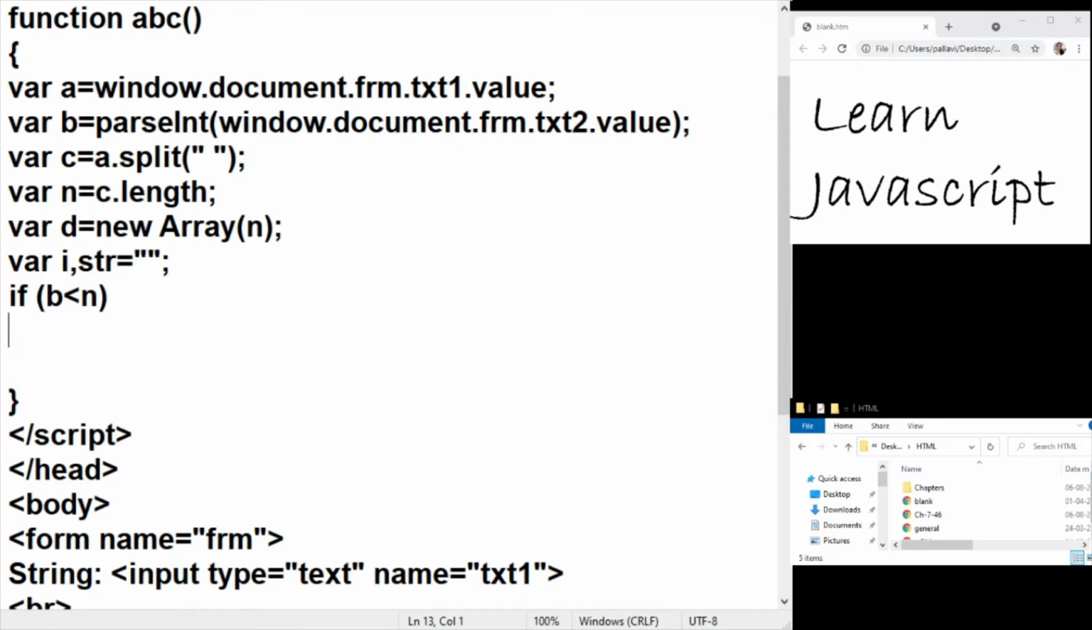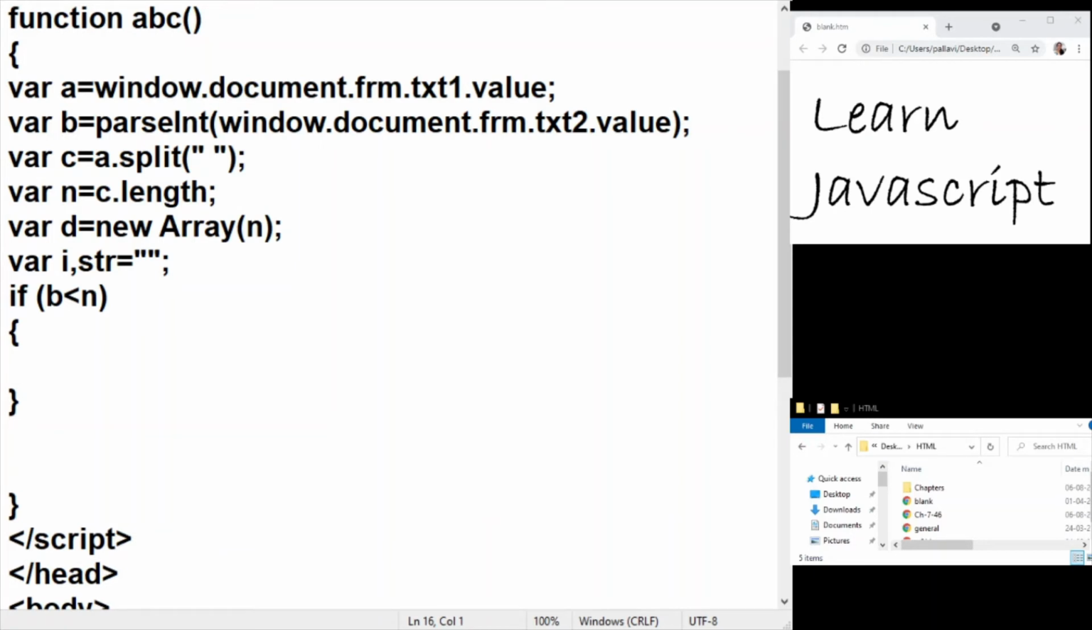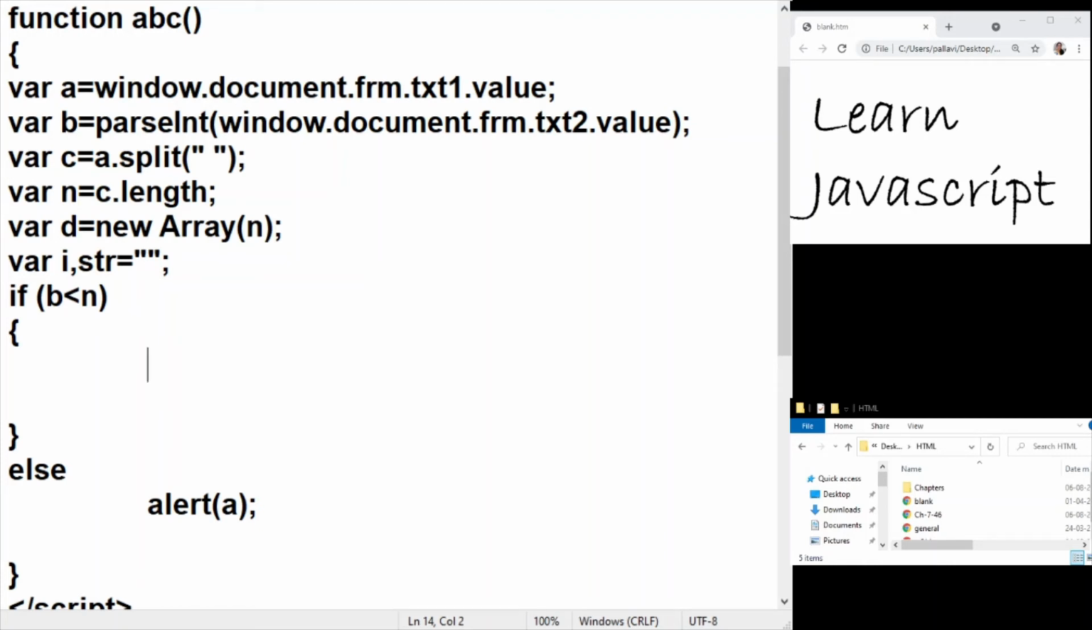That means the number of words we are trying to capture is less than n. Then we will do the extraction. Otherwise, if b is equal to n or b is greater than n, we will simply, without bothering, display the original string a as it is. So if the number of words that we are looking for extracting is greater than the length of the string or is equal to the length of the string, then we will not do any processing. Now, if the number of words you are expecting is less than the length of the string, then we will write a for loop and